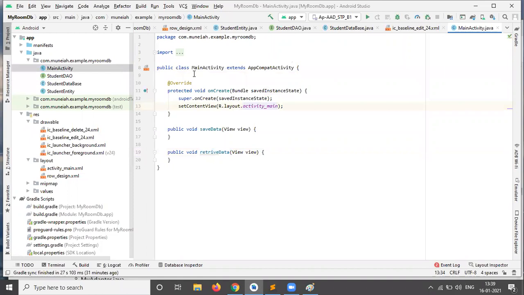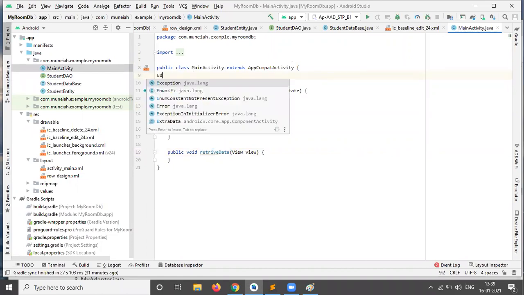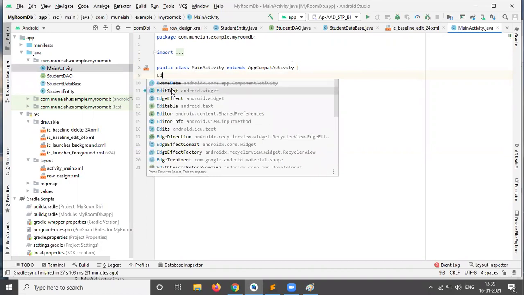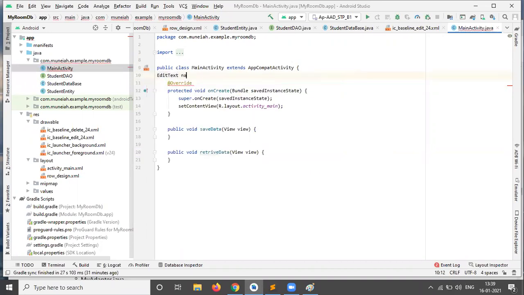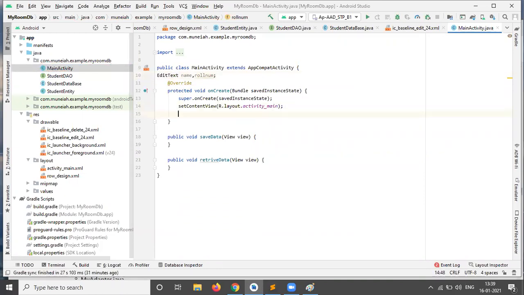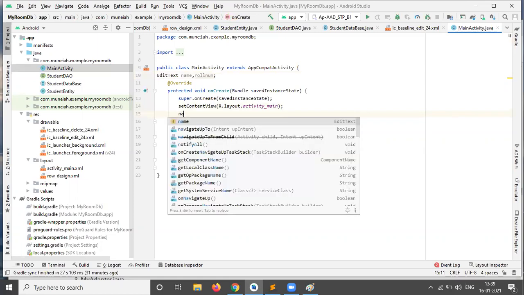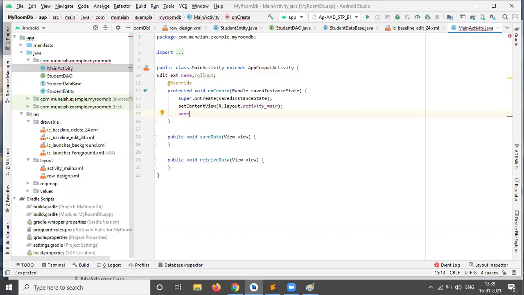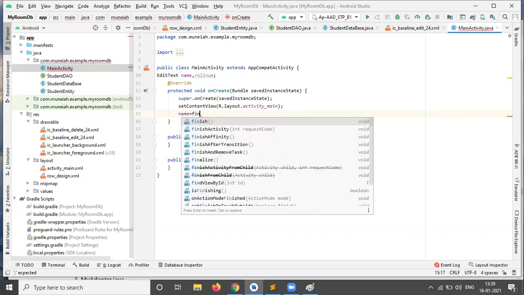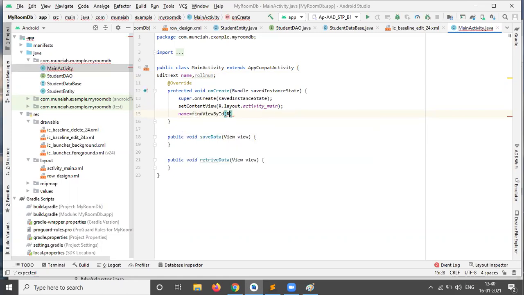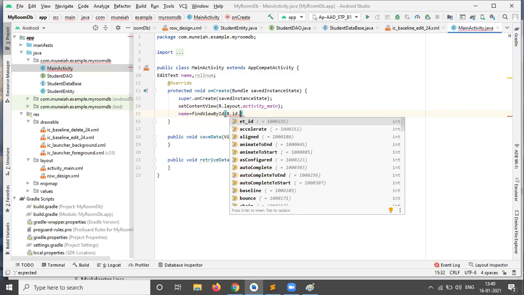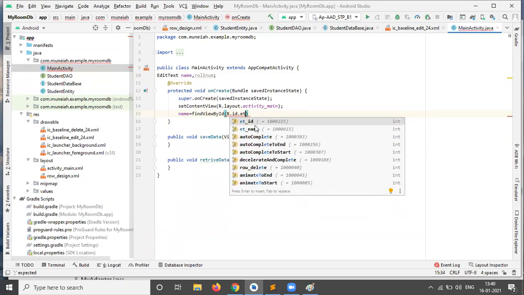In this main activity, you just call our two edit texts, name and roll number. You can connect those IDs with the help of findViewById. In the onCreate method, name equal to findViewById R.id.et_name, which I gave in the XML file.